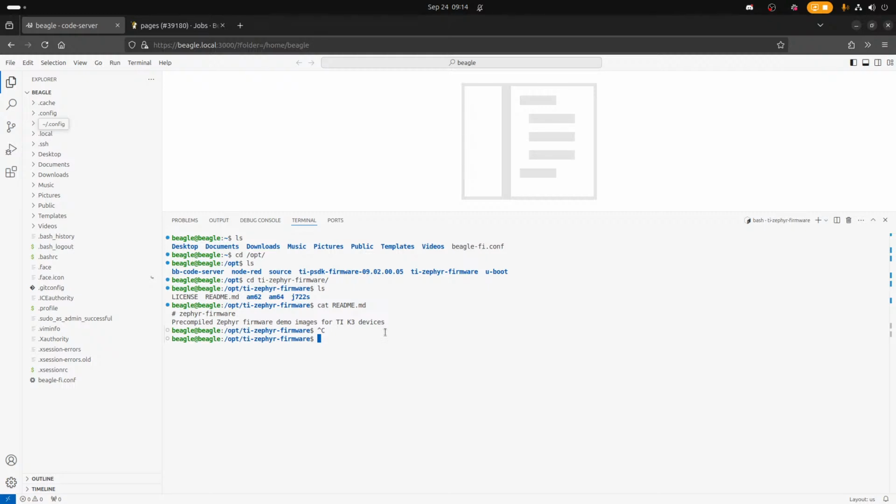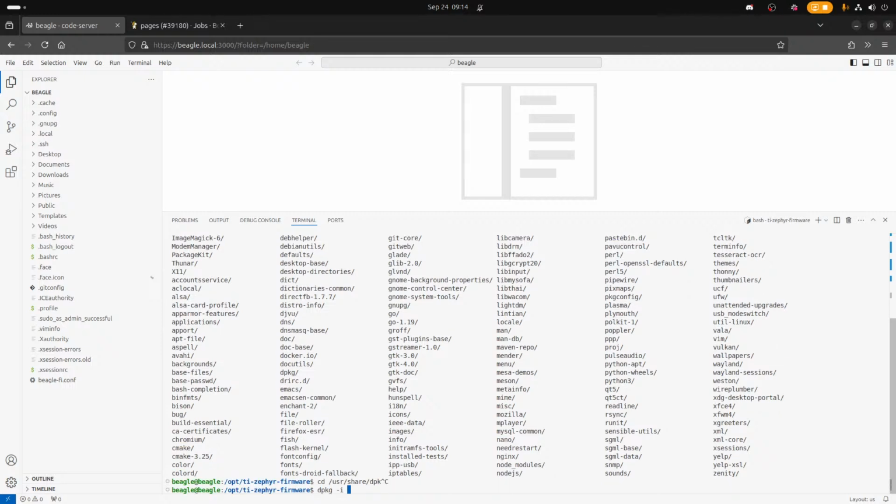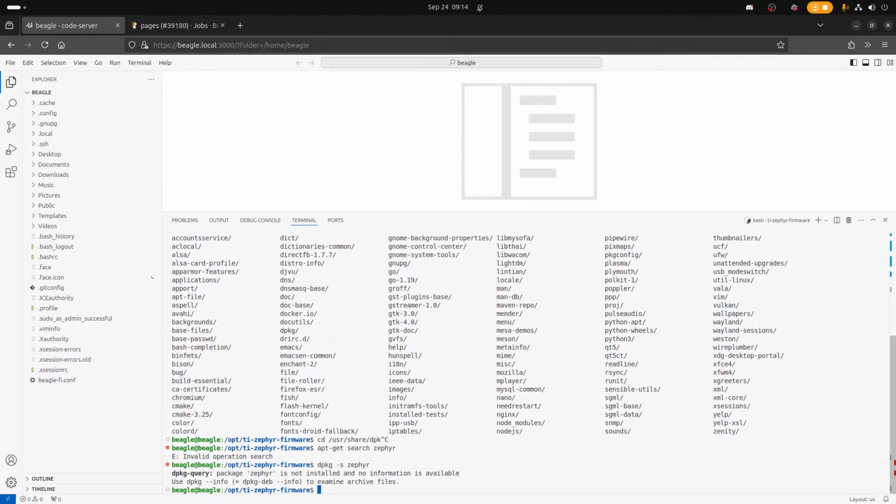Yeah, maybe it's in user share. You know what I should do? The Zephyr MicroPython firmware is stored in the same directory as the install MicroPython script. So /opt/ti-zephyr-firmware/J722S/main. Do you know what the apt search command is?